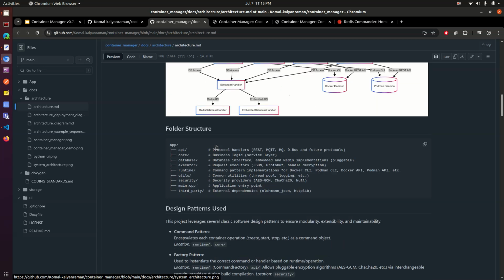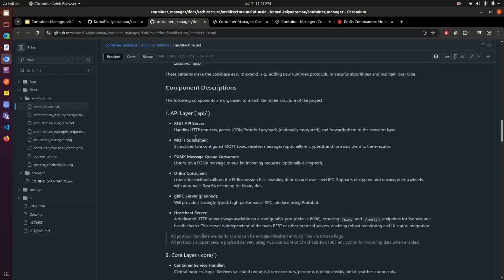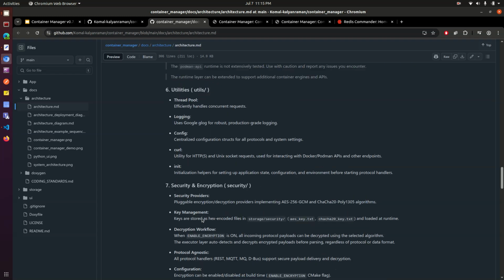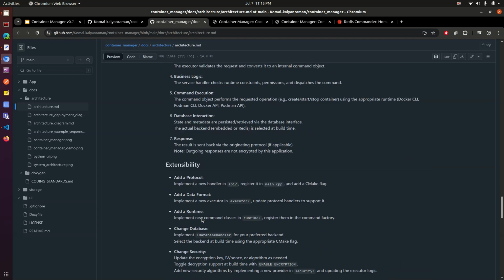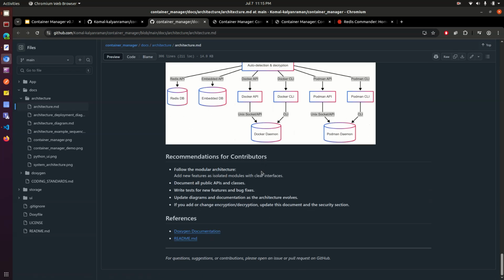And this is the system architecture. This is the folder structure which I was explaining about. These are the various design patterns, various folders, why they exist, and all of that description. Apart from that, this is basically the documentation, and on top of it,